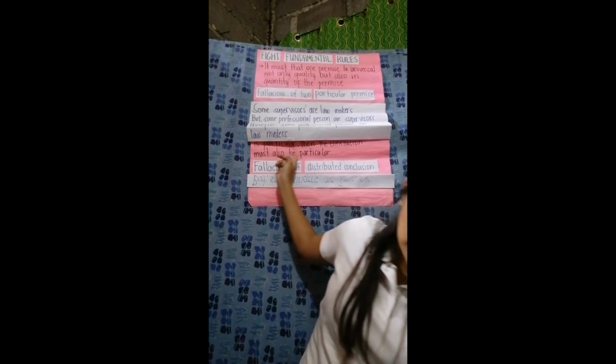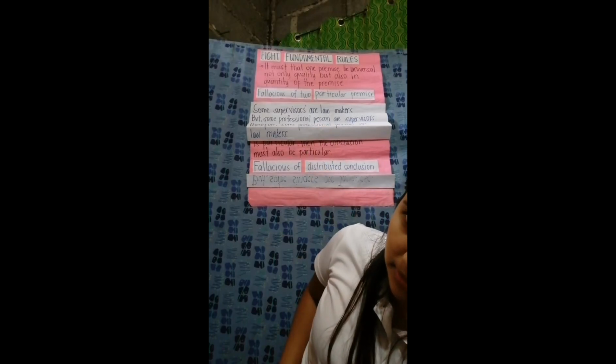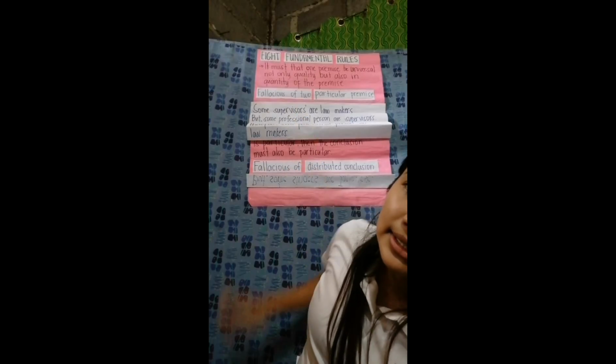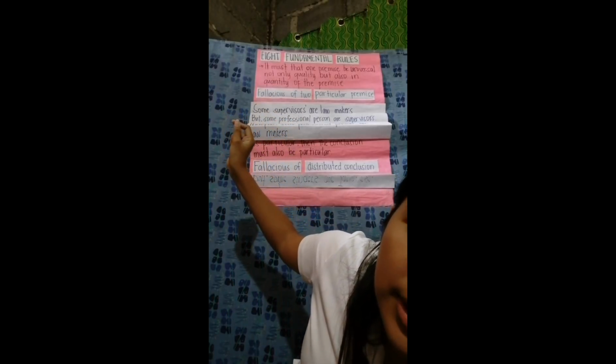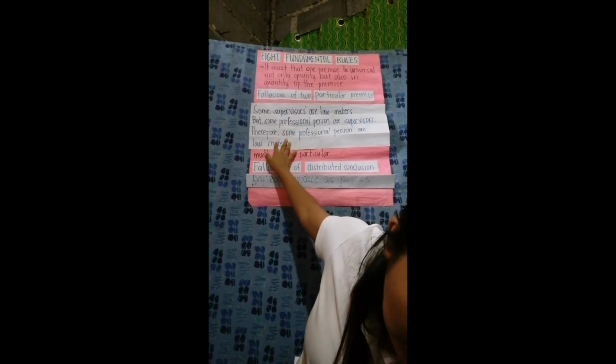Dito kasi sa example, ang major and minor premises parehas silang particular. Sinasabi dito is deductive ang argument. Kasi 'di ba ang sum is particular. So kahit isa sa kanilang dalawa is dapat maging universal, para kasi andun yung rule ng deductive reasoning from general to particular. Yung nakalagay dito sa example is particular silang lahat. Dapat kasi hindi magagawa ang arguments kung puro lahat sila particular. So, dapat